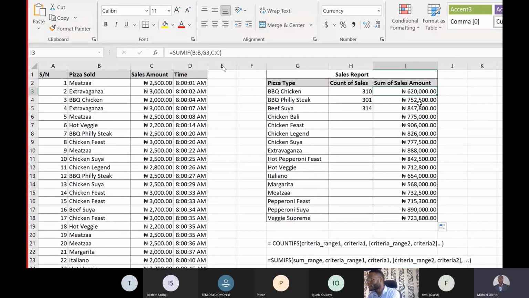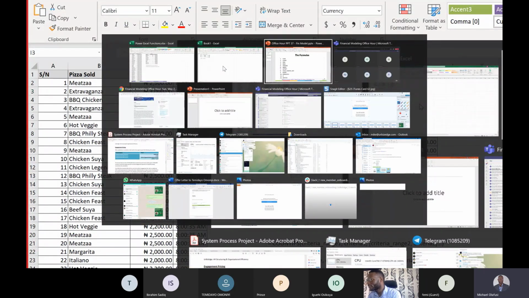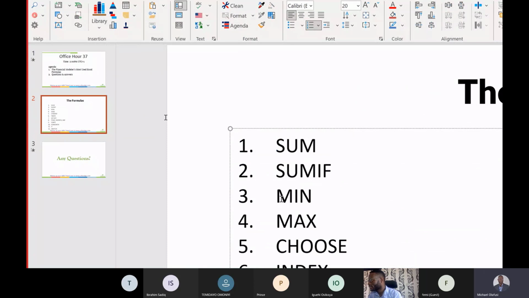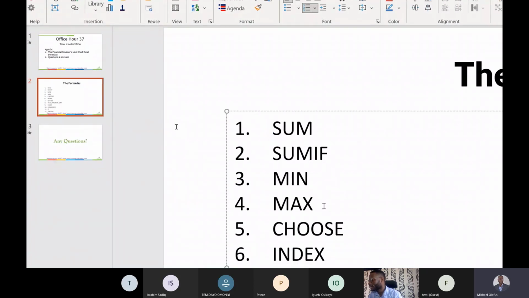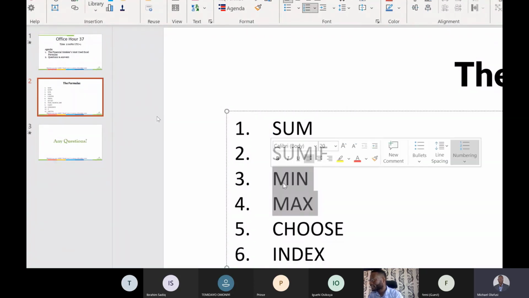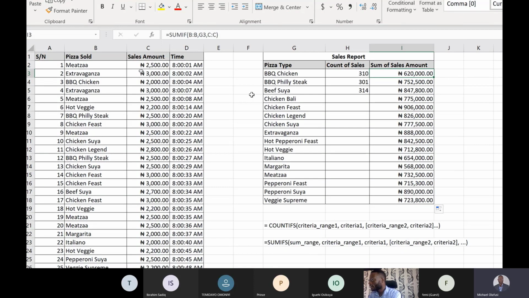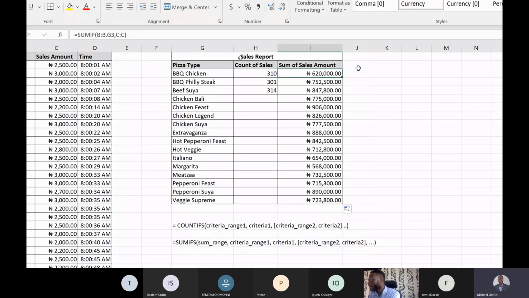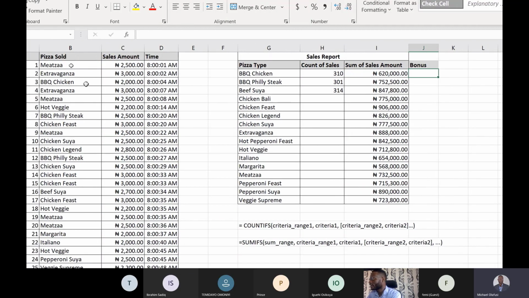So I'm going to go back to our list of formulas and see what is next. What is next is MEAN. Now MEAN and MAX kind of go together, so I'm going to cover these two with the same scenario. So now let's come over here and say there's a bonus that the branch, so this particular branch, let's say this is the Lagos branch